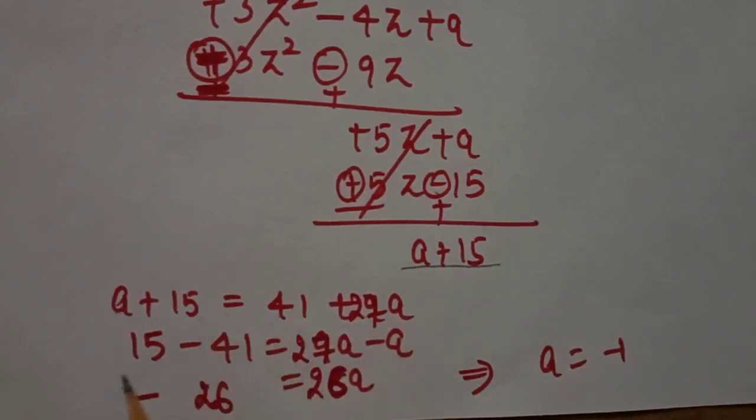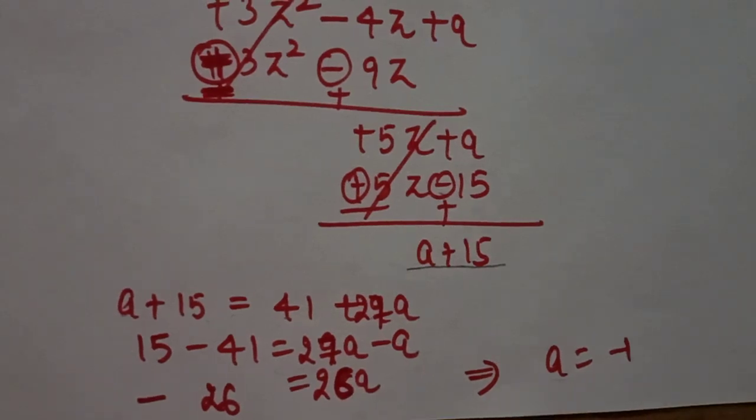We will shift the constant numbers on one side and the variable terms on the other side. So 15 minus 41, 27a minus a. So the value of a is minus 1. This is your answer. Next question was question number